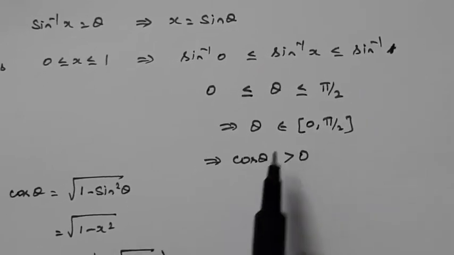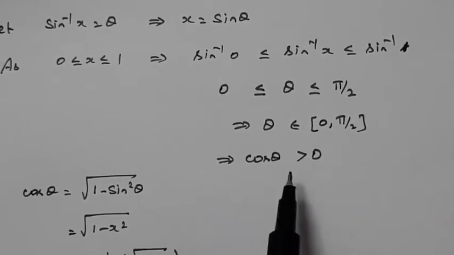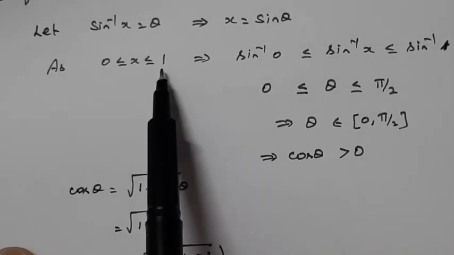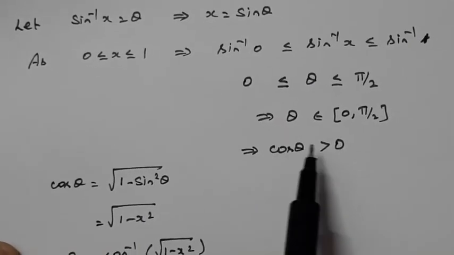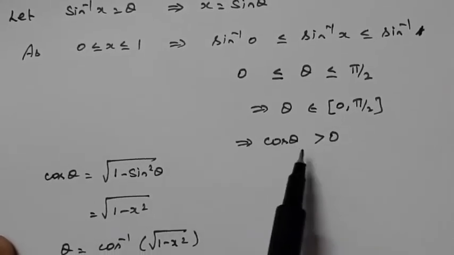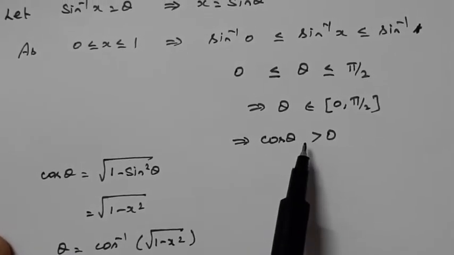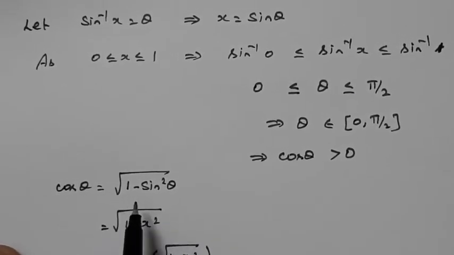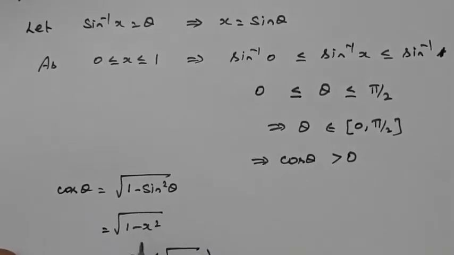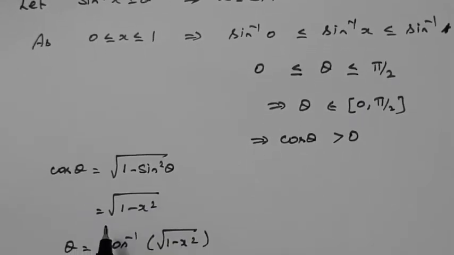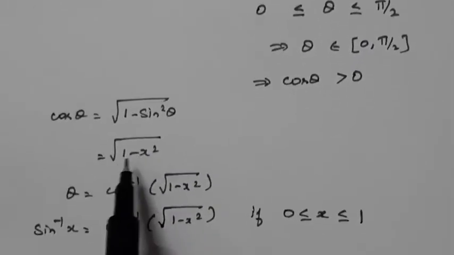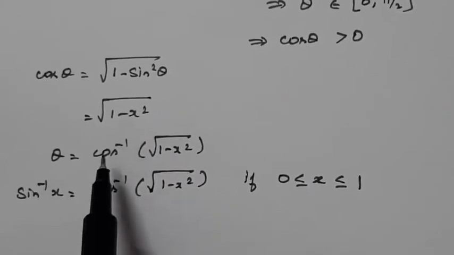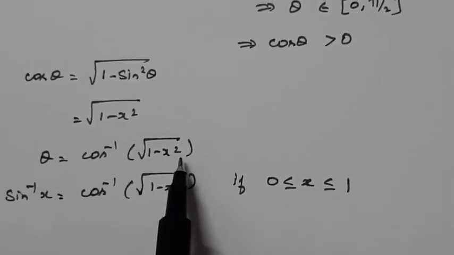In the first quadrant, cos theta is positive. Okay. So, in order to prove cos theta is positive, we have taken the given condition, right. As cos theta is positive, that is, it lies in the first quadrant, it is acute, we can also express that cos theta is equal to root of 1 minus sin squared theta. Now, replacing sin theta by x, we have cos theta as root of 1 minus x squared. Okay. And hence, theta is equal to cos inverse of root of 1 minus x squared.